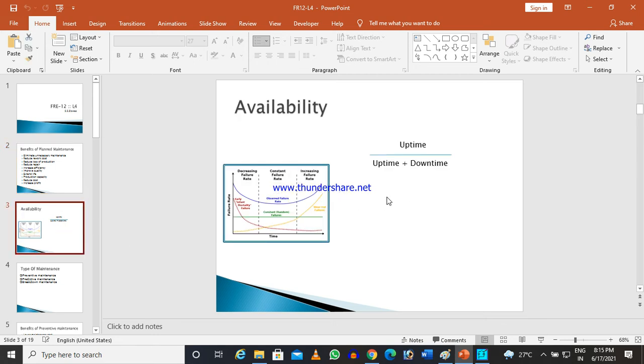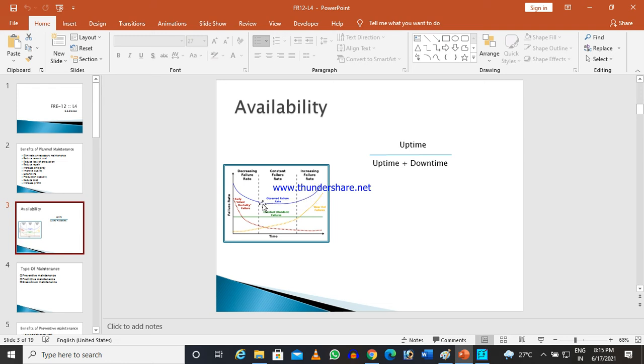Now there is a term in maintenance called availability. As we already know, we have learned the bathtub curve, with the early infant mortality failure and the wear out failure. In these two periods, there is a possibility